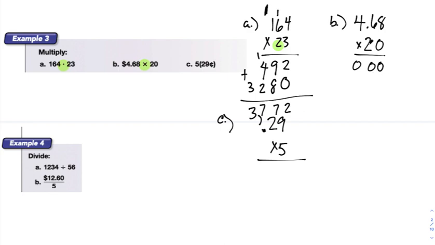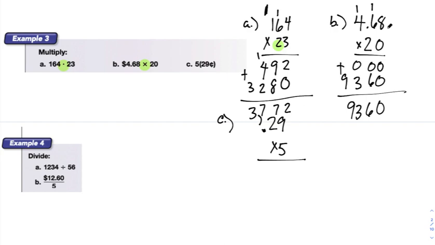all 0. This 2 is really a 20, so I'm going to put this 0 here as a placeholder and multiply through. 2 times 8 is 16, 6 down there, carry my 1. 2 times 6 is 12, plus 1 more is 13. And then 2 times 4 rather is 8, plus 1 is 9. Adding all of that together, I get this value here,